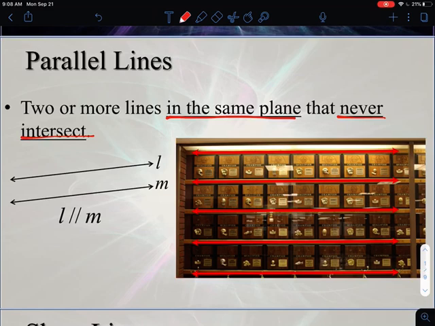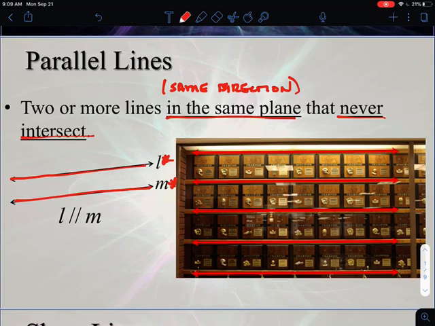So for the most part, when we talk about this in the same plane, we want to talk about going in the same direction. So that's another way of thinking about this. We need two lines that are going the same direction that never intersect. So down below here, we have line L and line M. Now if we look at those lines, they're both going exactly the same direction, and those two lines are never